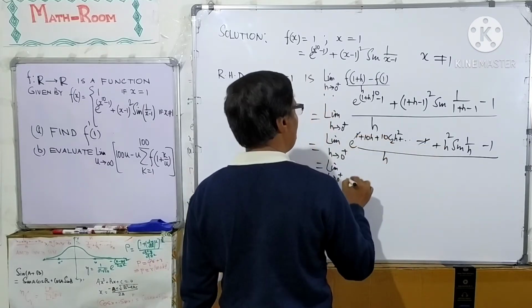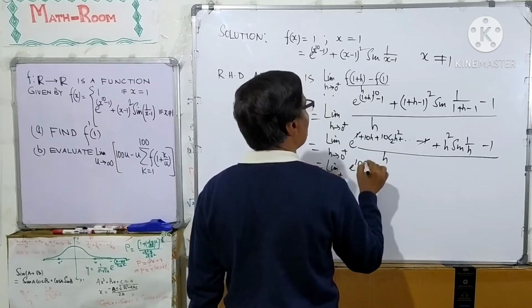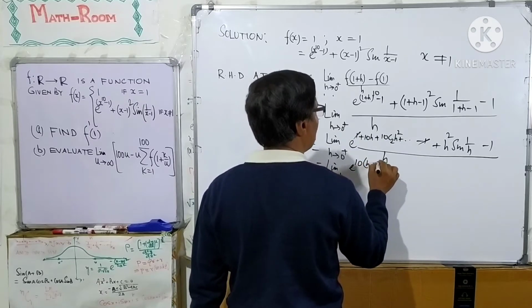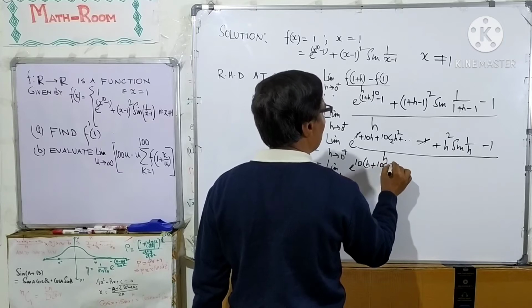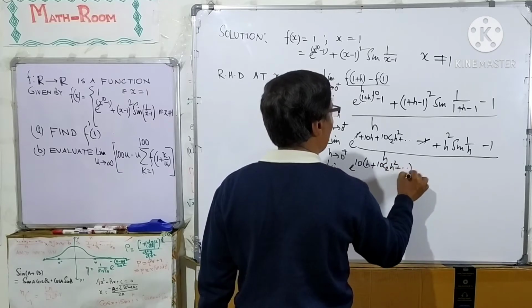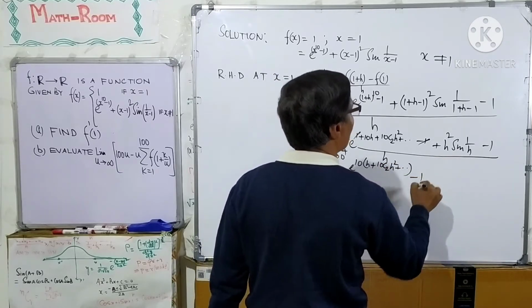The 1 cancels out: e to the power 10h plus 10C2 h squared and so on, minus 1 over